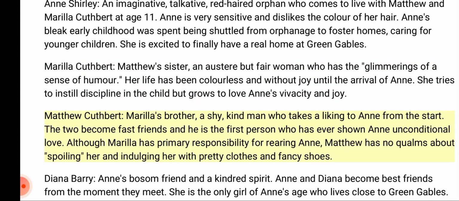Matthew Cuthbert, Marilla's brother, a shy, kind man who takes a liking to Anne from the start. The two become fast friends and he is the first person who has ever shown Anne unconditional love. Although Marilla has primary responsibility for rearing Anne, Matthew has no qualms about spoiling her and indulging her with pretty